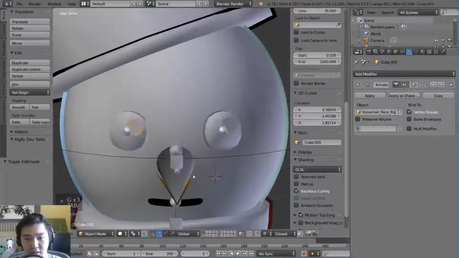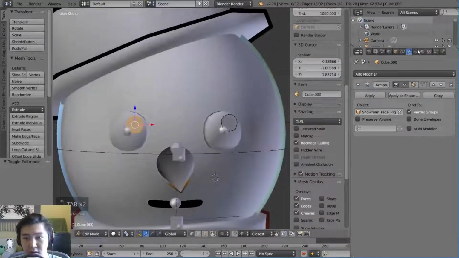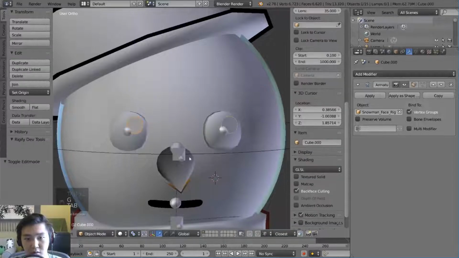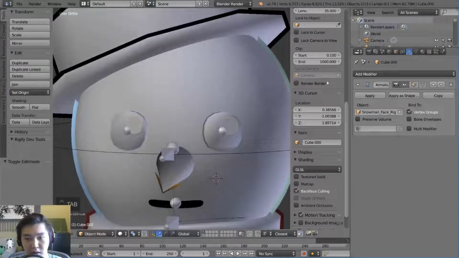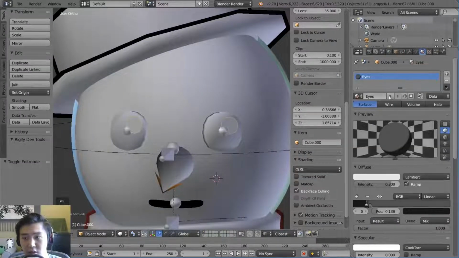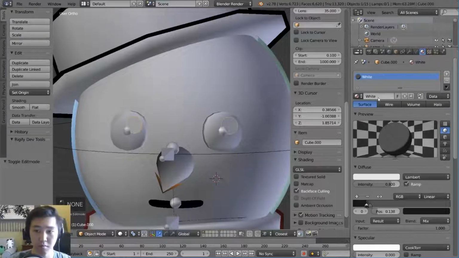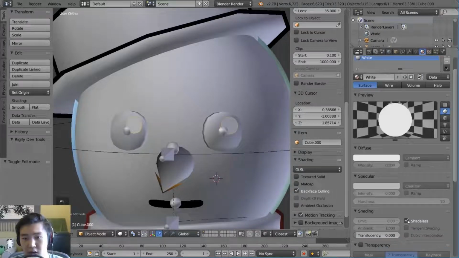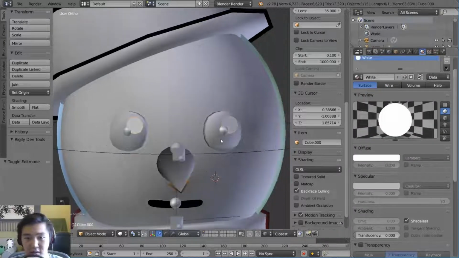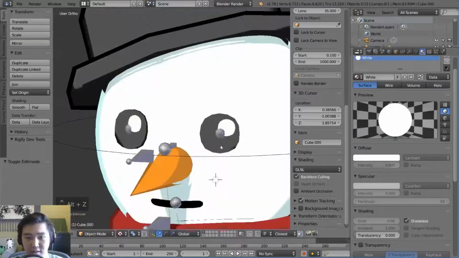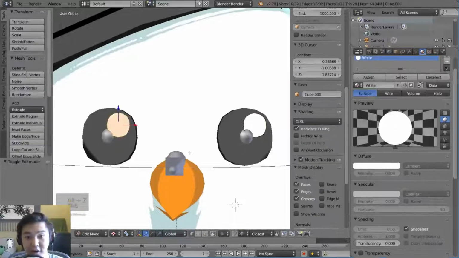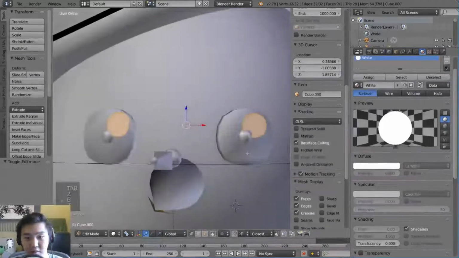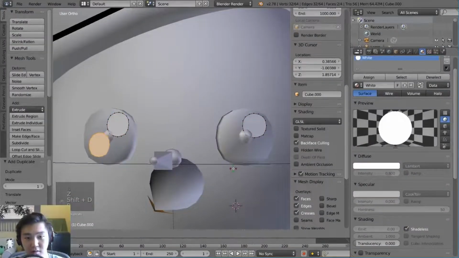And this is the glint of the eye. So we want to make sure that there is a reasonable glint as part of the eyeball. I'm going to go ahead and change this to white. Make a new material and change it to white. I'm going to go ahead and get rid of this ramp. Don't need that. I'm just going to make it shadeless white because that's what glints are. They are shadeless reflections, shininesses of the things. So that's the first half, and then I'm going to go ahead and make another one just right around here.